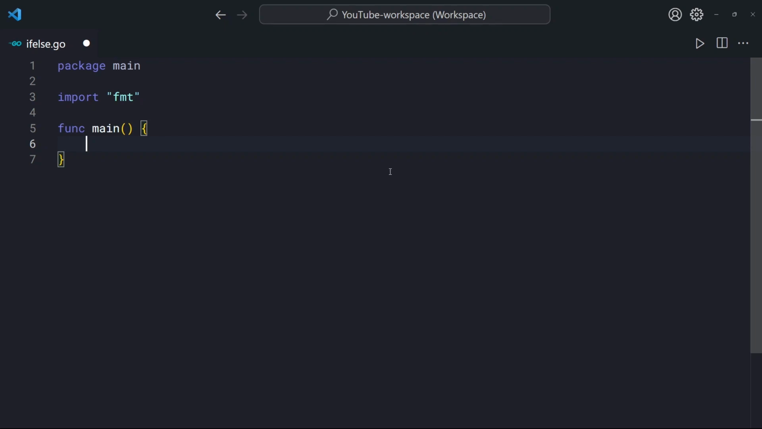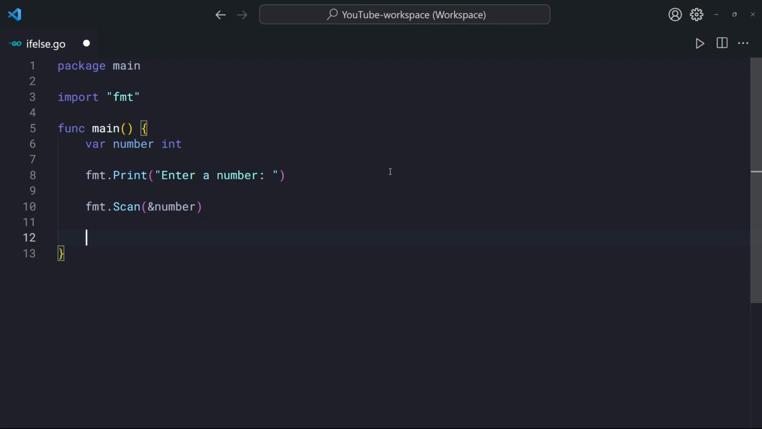So we're going to be taking an input. So let's define a variable called number of type int, and we're going to prompt the user to enter a number. We are using the Print function instead of Println, and we're going to use the Scan function, and we're going to pass in the address of the number variable. Now here is where we want to make different decisions. So to use an if statement, we're going to have if followed by a certain condition,